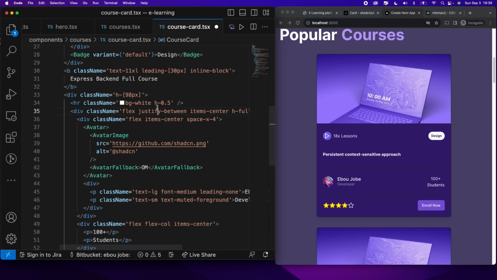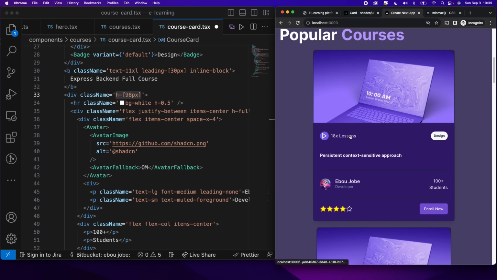That's why I make sure I give this side a specific height of 98 pixels, because I don't want to give the height to the parent component. This is the only part of the card that can change depending on the name of the course that is being passed, and so on. These parts here remain the same. The image will remain the same, unless someone has like 1,780,000 license, which is very unlikely. I know you don't make those kinds of assumptions when you're doing this, but the chances of that happening